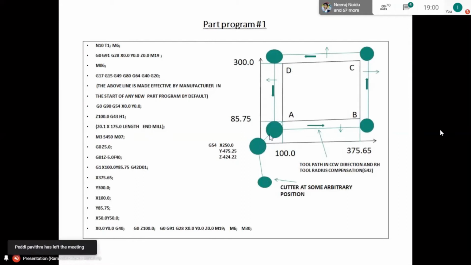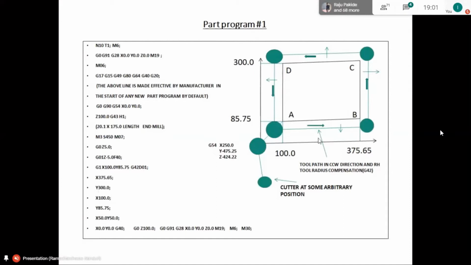From here, it has been traveling towards A with cutter compensation activated, and the cutter will cut the material from A to B in this direction, and from B to C in this direction, and from C to D in this direction, and from D to A here. After this entire square has been cut, it is instructed to go to 50, 50.